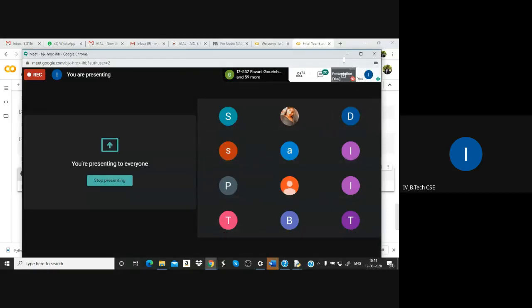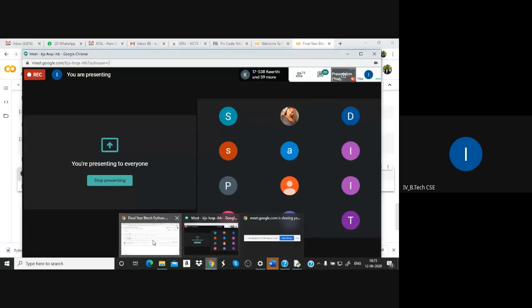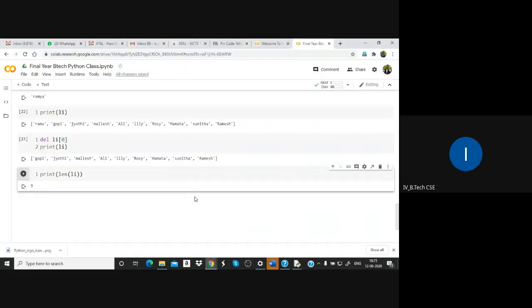These are the basic functions that are working on the list.